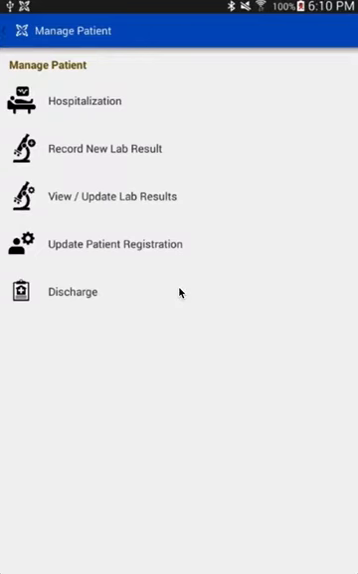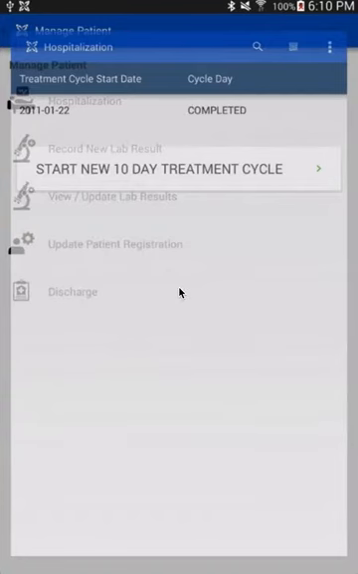So if we go to hospitalization now, the first cycle that appears as completed has all the data because, as I did in previous videos, I entered both the daily updates and the treatment information. So we are done. So now we're gonna start a new 10-day treatment cycle. So we press that big button,